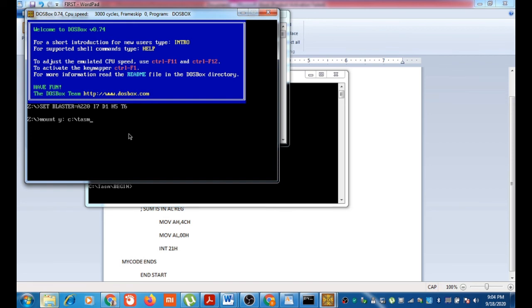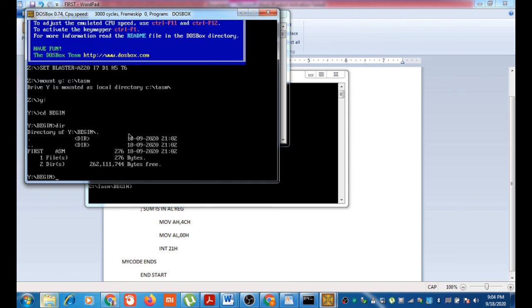The directory c:/tasm is mounted on y:. Changing the drive. Then I am going to my directory. My program first.asm is there, and I want to translate it with y:/tasm/tasm.exe first.asm.